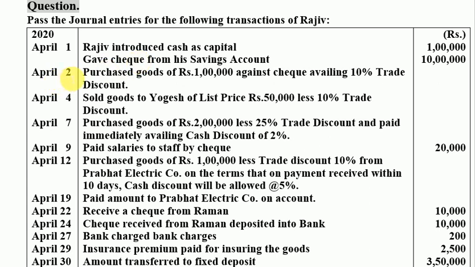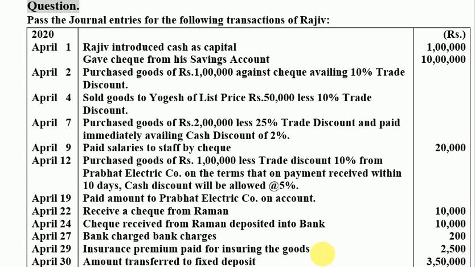Now comes to the next transaction: purchase goods of rupees 1 lakh against check, availing 10% trade discount. On April 4th, sold goods to Yogesh of list price 50,000 less 10% trade discount. On April 7th, purchased goods of rupees 2 lakhs less 25% trade discount and paid immediately, availing cash discount of 2%. On 9th, paid salary to staff by check, and like that all the transactions are incurred in